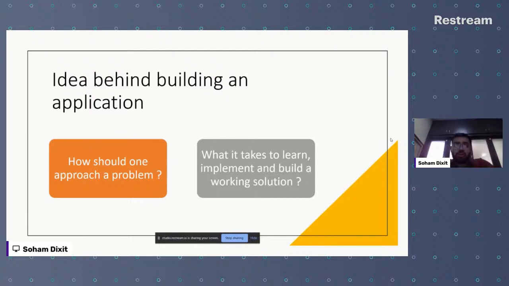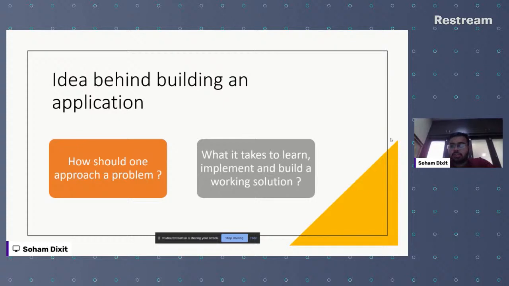When I talk next about how one should approach a problem, we'll discuss in detail why this makes sense, and if you ask this question to yourself, you will also get an answer. So moving forward, this is what we're going to discuss today: the idea behind building an application. Don't worry, we will be coding an application and executing it.